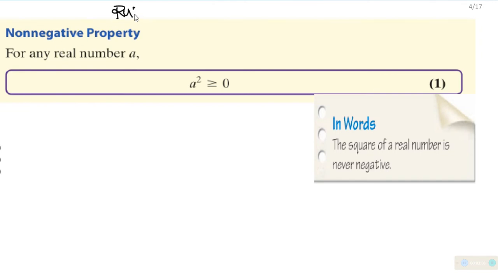We call this the rules of inequalities. So rules are laws that guide the operation of something. With this rule, if you obey it, you'll be able to work with inequalities without any problem. So the first one is called